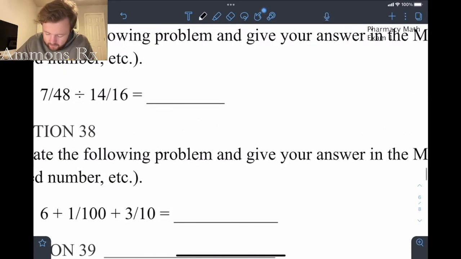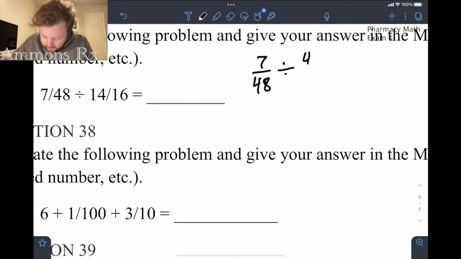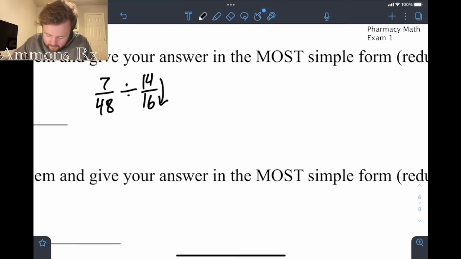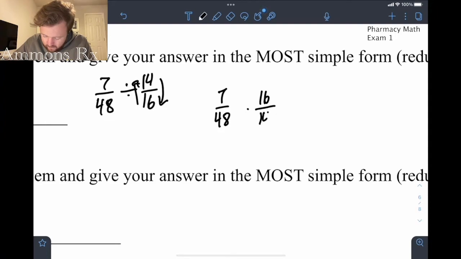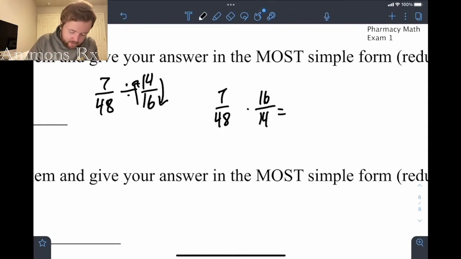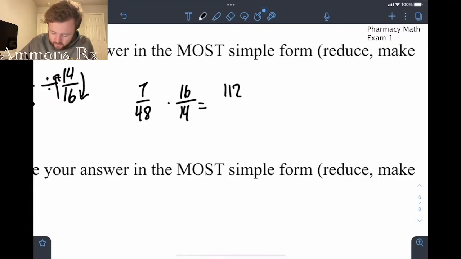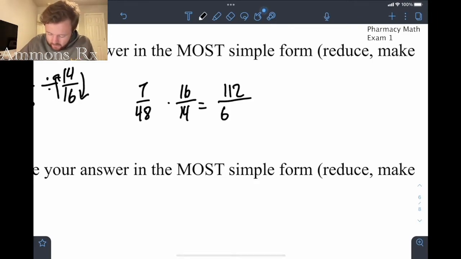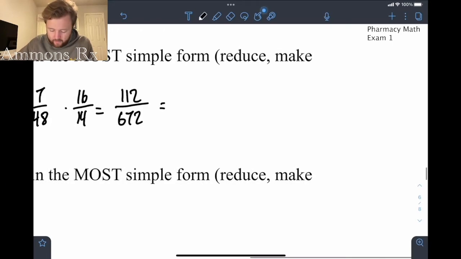A division. So like I said, division is pretty easy because all you have to do is just flip the first number, turn it into a multiplication. So I'm going to flip all these. That's 16, sorry. Straight across, 7 times 16, 112. And then 48 times 14, which is 672. I don't really know, but I'm going to say that those are probably divisible by